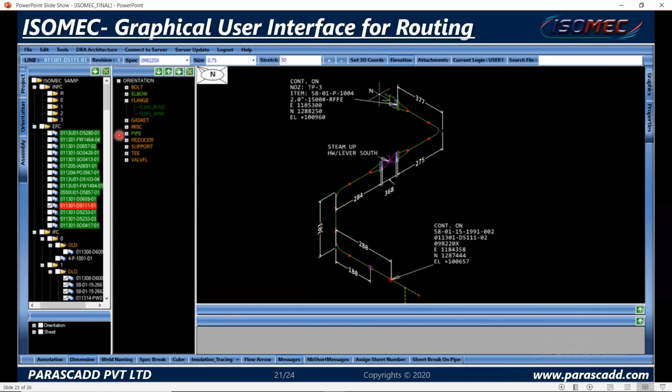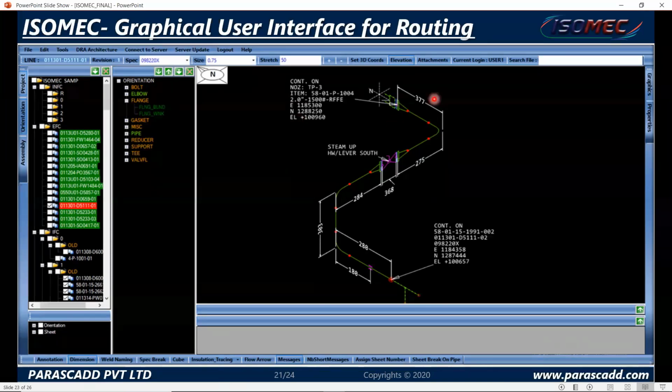In orientation view, we have all the items that you can use to draw a particular isometric drawing. The symbols of all these items are already pre-filled in our software. So you just need to click on the items and the icons like flange over here will come automatically, and you just have to place it on the line. While routing, everything is mouse operated, which I will show when we go ahead for the demo of this software.